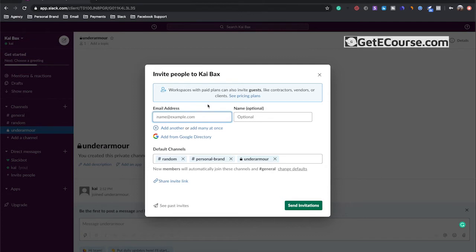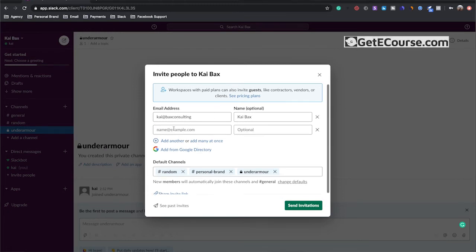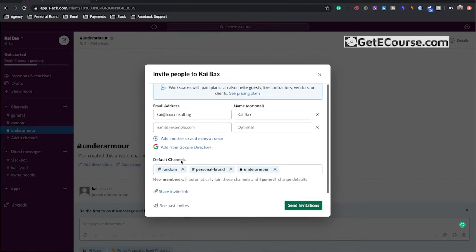So let me do an example here. What I've basically just done there is put in my agency email address and my name, as if I was somebody else adding me into the Slack channel. If on the client end they want more people, say the owner or the person you've been dealing with, as well as the marketing manager or the business partner, or whoever it is, you just go down here where it says add another and do the same thing to add the other person in as well.